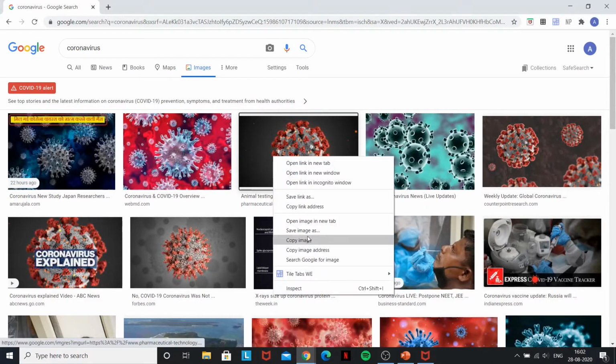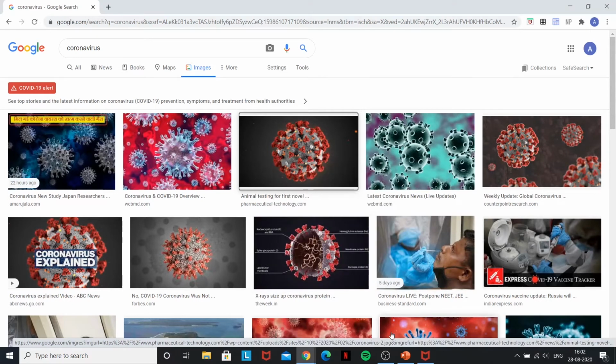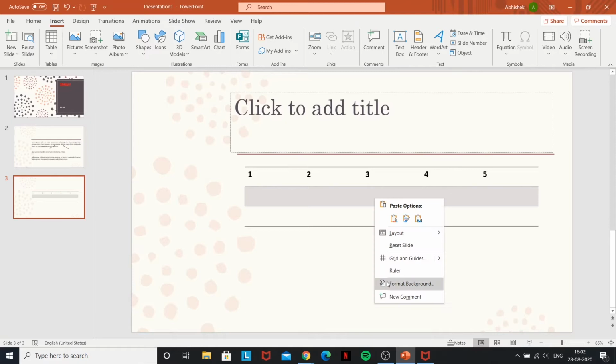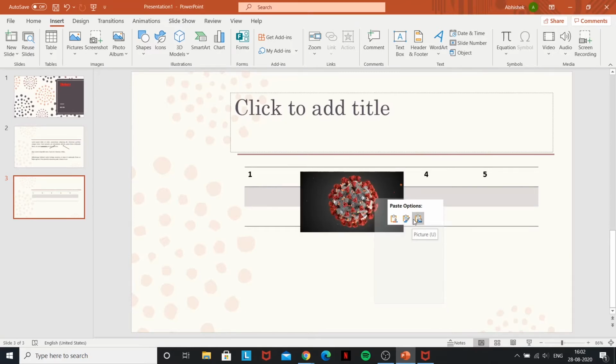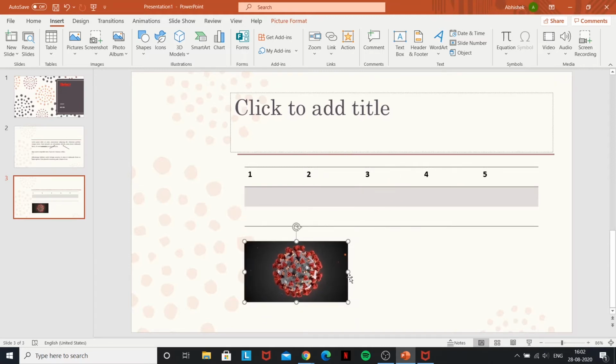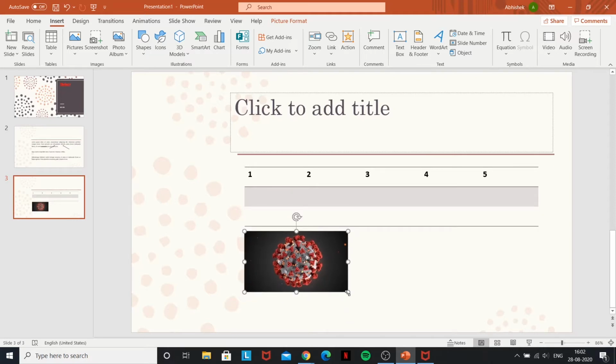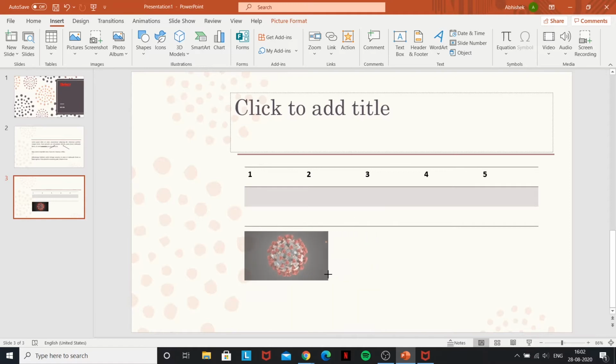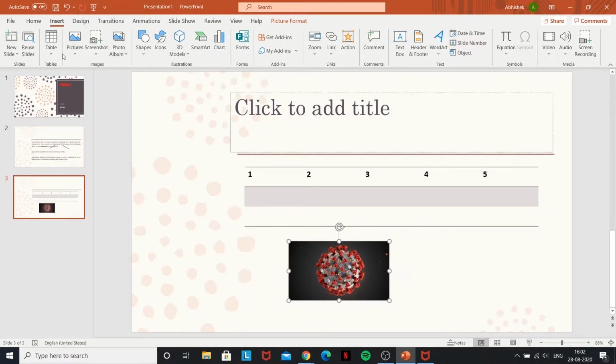So you can save the image and then upload it, but the simpler way would just be to copy it, open your PowerPoint presentation, and then go ahead to say paste and paste the picture option. And you automatically have the picture here. So if you want to keep the formatting of the picture the same as it is, only use the corner to change its size, because then it keeps the ratios of the side and the length the same. Because if you do this, then it kind of distorts the image. So that's a simple way of inserting a picture, even though you have these options for your old pictures, but the copy paste, I believe, is the simplest.